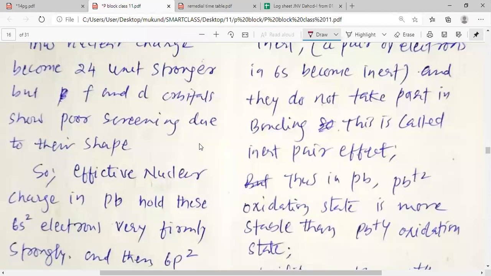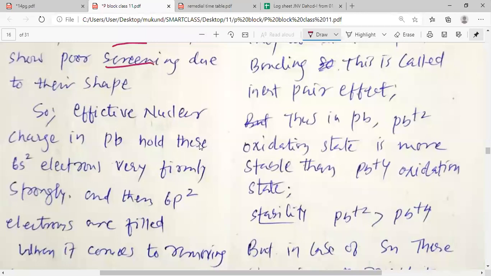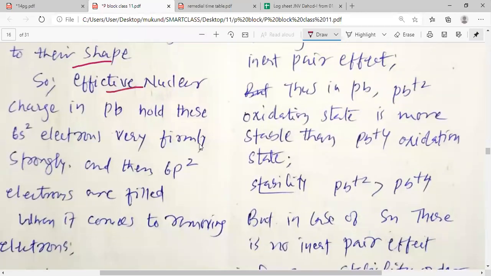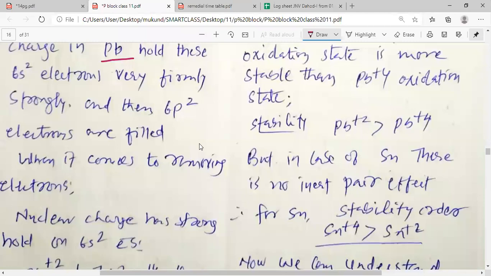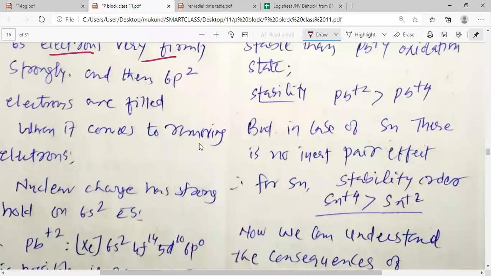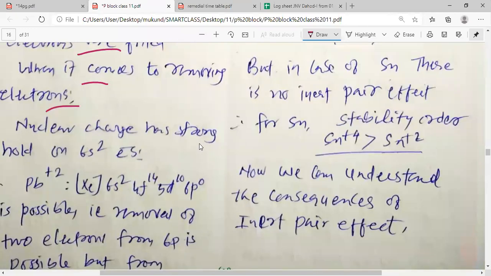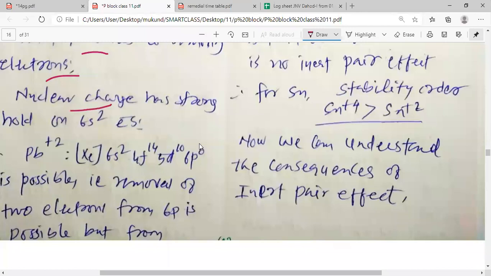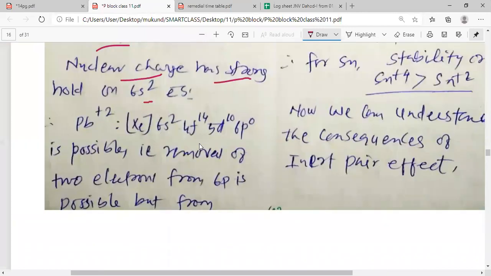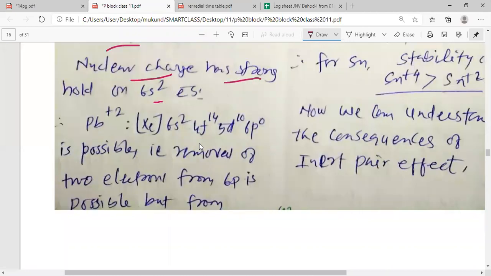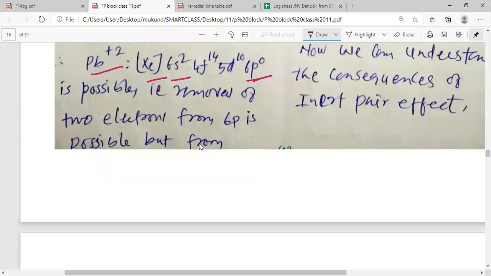Thus the nuclear charge becomes 24 units stronger, but f and d orbitals show poor screening due to their shape. So the effective nuclear charge in lead holds these 6s2 electrons very firmly, and then 6p2 electrons are filled. When it comes to removing the electrons, the nuclear charge has a strong hold on the 6s2 electrons. So, Pb plus 2 is possible by removing the electrons from 6p2. That is, removal of 2 electrons from 6p is possible, but